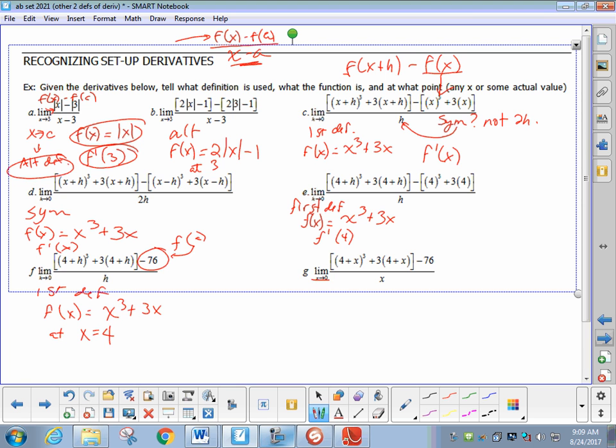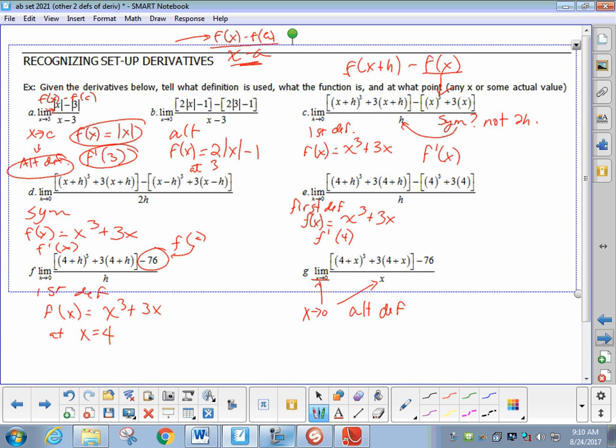Now, because you're seeing x going to 0 and x there, it's tempting to think alternate definition. Of course, you would be wrong. That's not the alternate definition. I apologize. It's really not about the actual letter I put in there. It's about the idea I put in there. And this is just like that. The only difference is